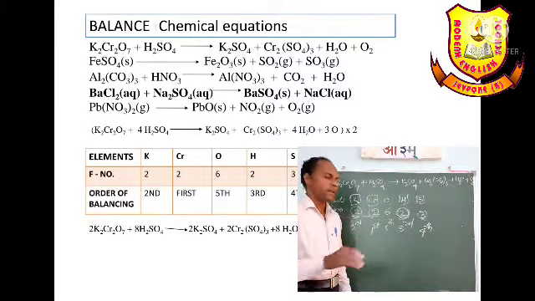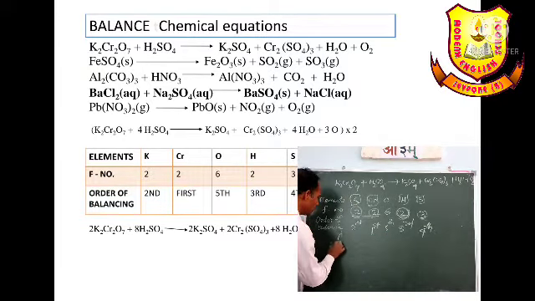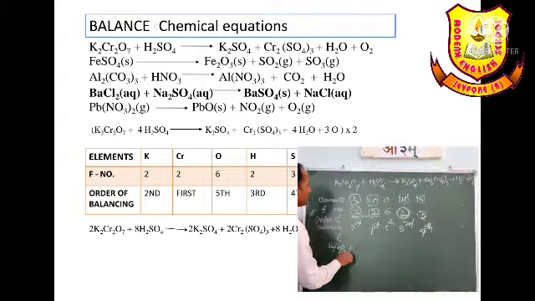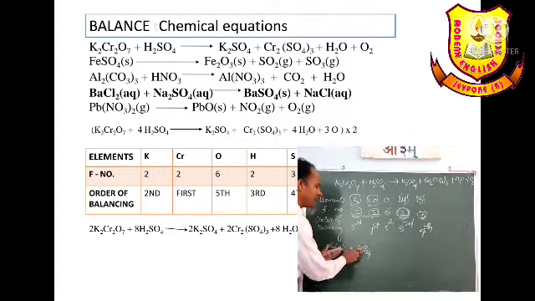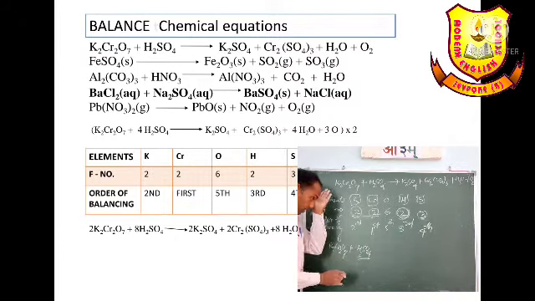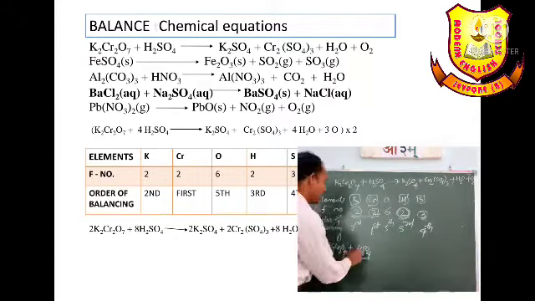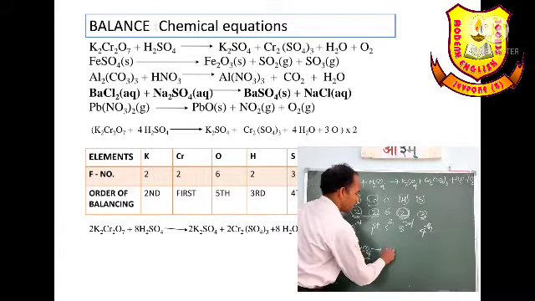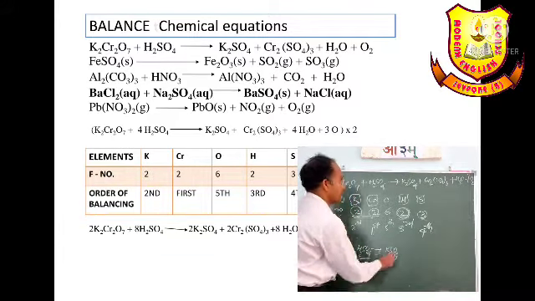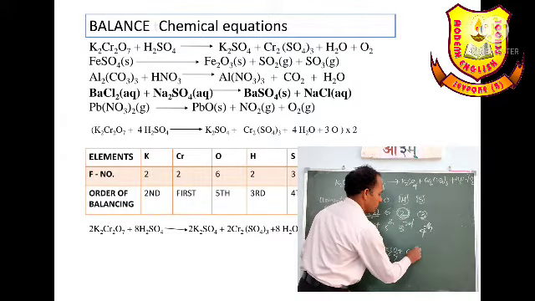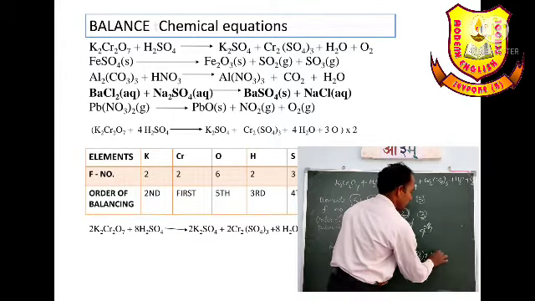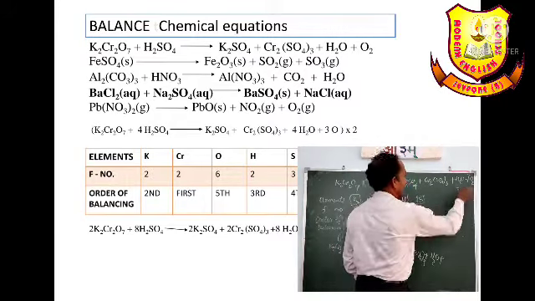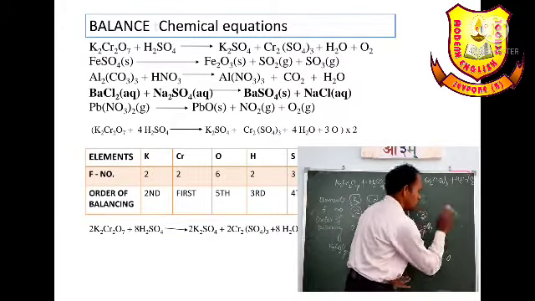Good. Now we have to write K2Cr2O7 plus H2SO4. You have to keep in mind, whenever you are writing the left hand side of the compound molecule, you have to leave the place for the coefficient to balance it. Next, produces here K2SO4, here I left the place, then plus Cr2(SO4)3, here I left the place, plus H2O, here I left the place, plus here oxygen, I will have to write only O.